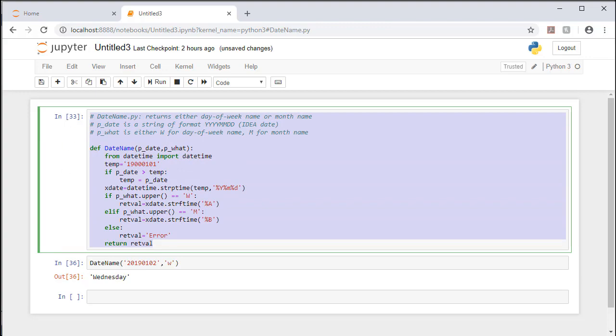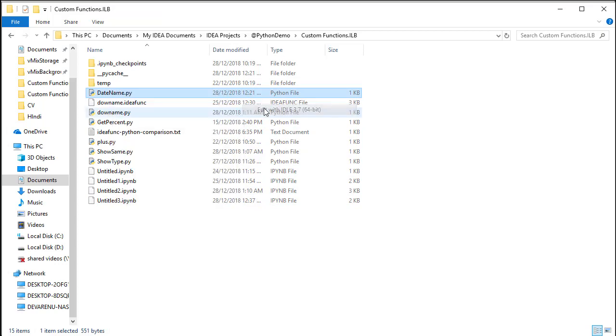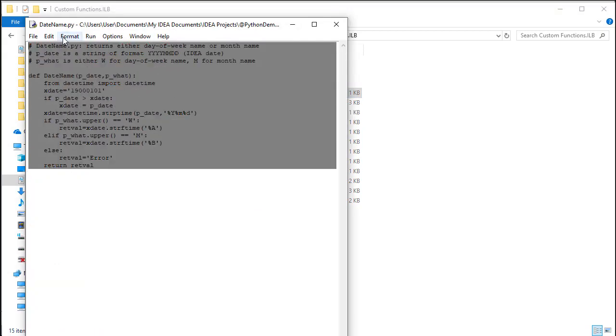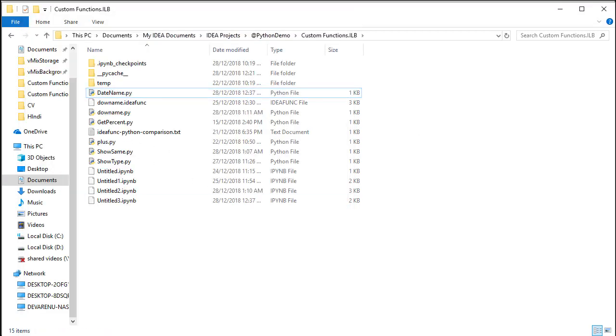Copy this code, date name .py, edit it with IDLE, and replace this code with the new code where we have this temporary variable assigned just to provide a default value. File, save, go back to